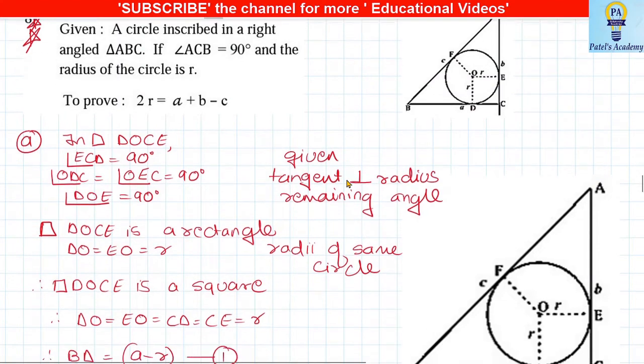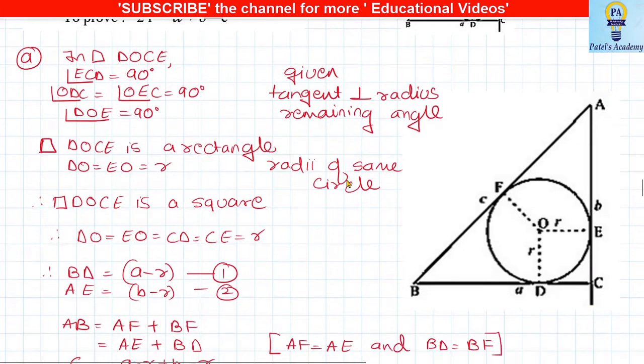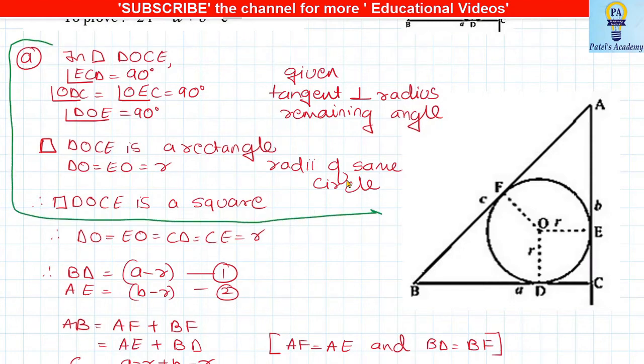Okay, so I have made the figure slightly bigger so that you can understand the steps. Now the first step, students, is this. I'll just show you. That is from here till here. This is the first step. What is that? See the figure, we have to prove that this particular quadrilateral DOCE is a square. How do we do that? Have a look at the figure, and I've written the steps on the left hand side. So I'll be explaining you according to the steps.